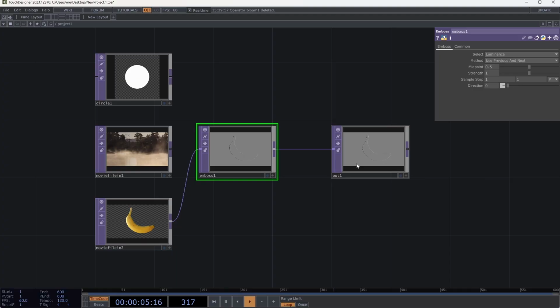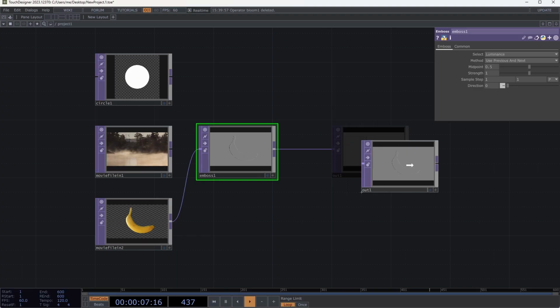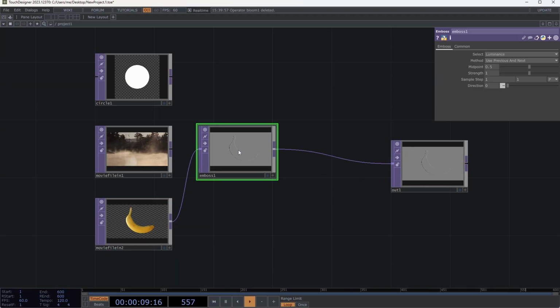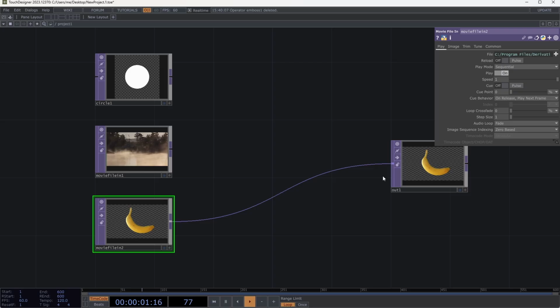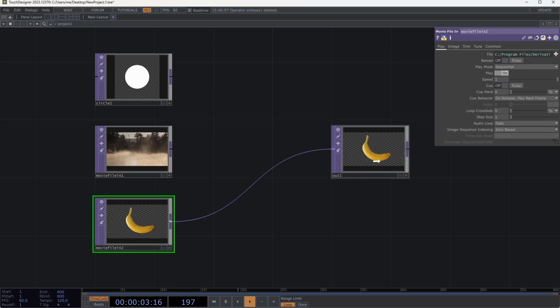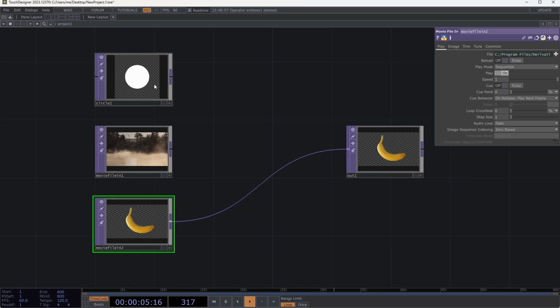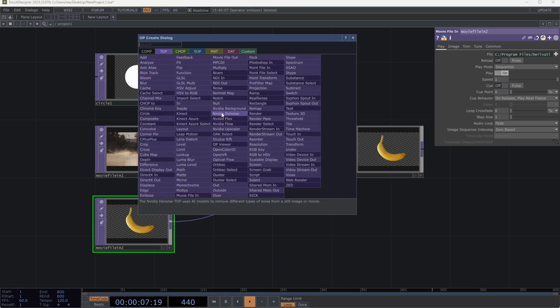keep the connection there. Okay, now how do we put things together? Because this is another basic thing we'd want to do. Here's just the banana going to the out, but actually let's say I want to kind of combine the banana and the circle in some way, or maybe the banana and the movie. Let's do that. So what I can do is I will double click, and there are ways to combine textures,